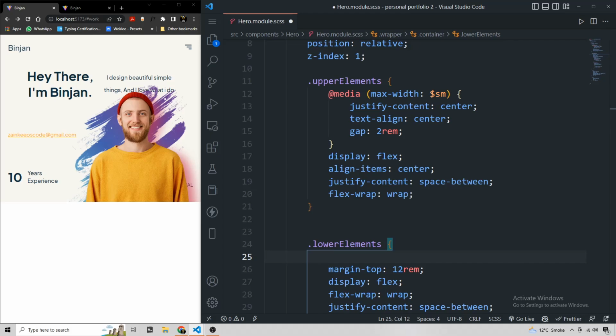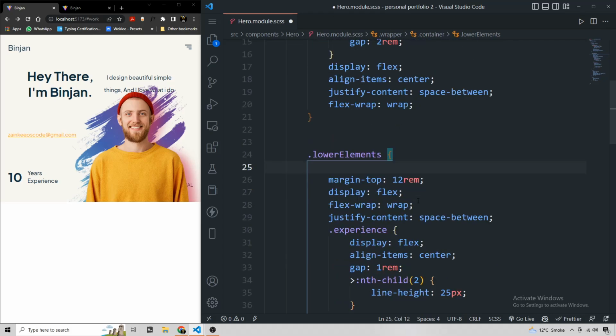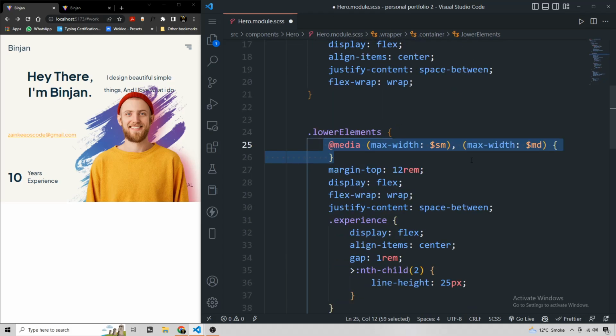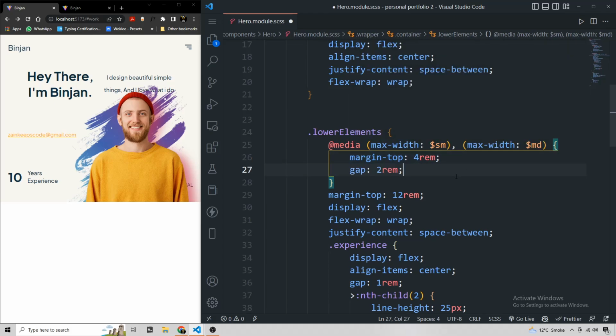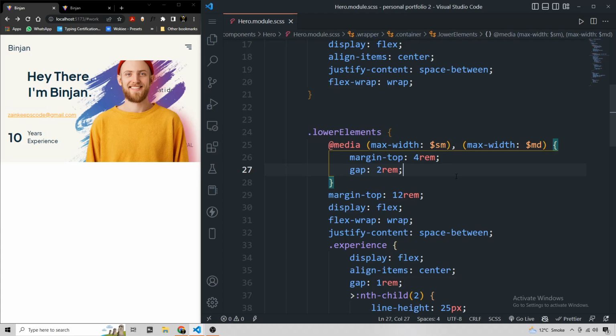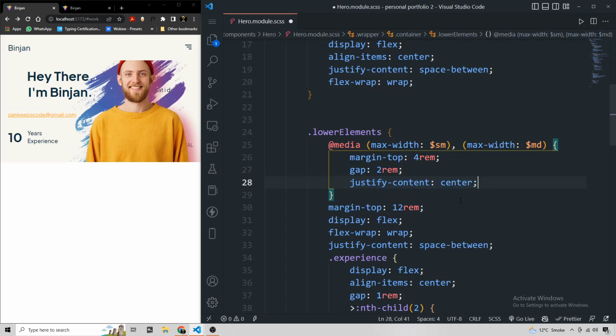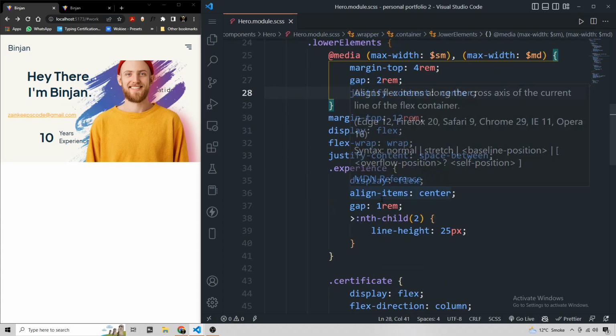For the lower elements, here I am targeting the screen size of small and medium width, and for them I am making a margin top of 4 rem with a gap of 2 rem. Now I also want to make them justify content center. Okay, this alignment is just because of the size of the image. So we will fix this later, but before this I am going to target the person here, meaning the